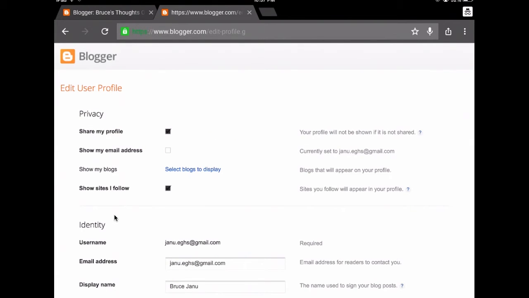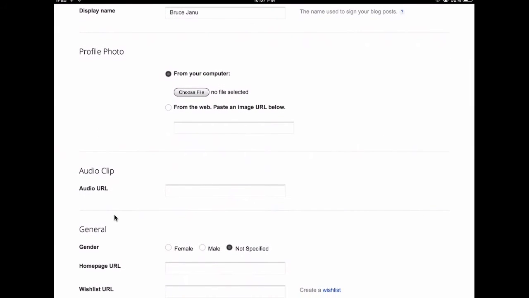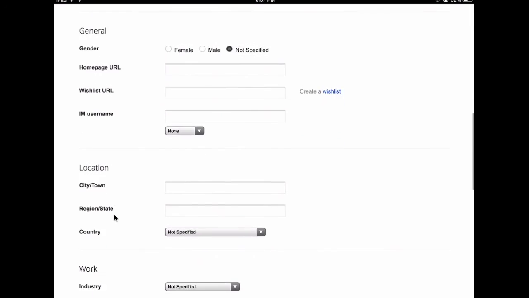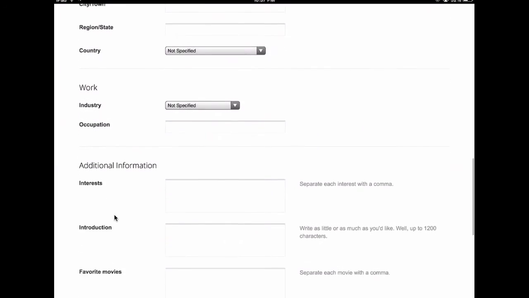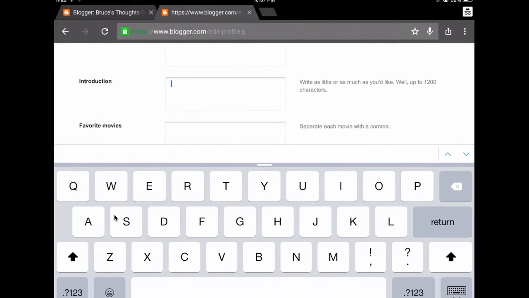I'm not going to show my email address. I could add a profile photo if I wanted. I could go down here and add stuff about myself. But if I go to Introduction, I could add, and I should add, a little description about myself and what the blog is about. My name